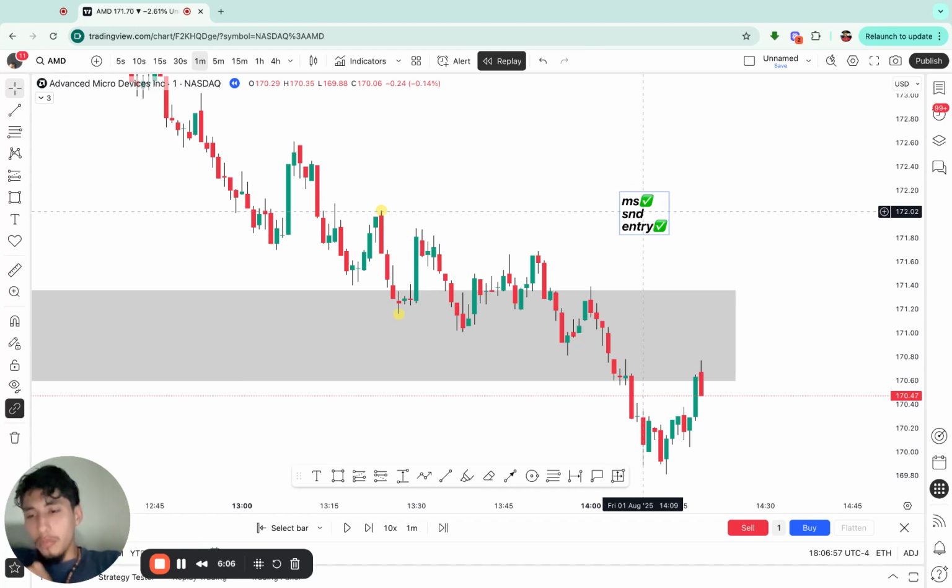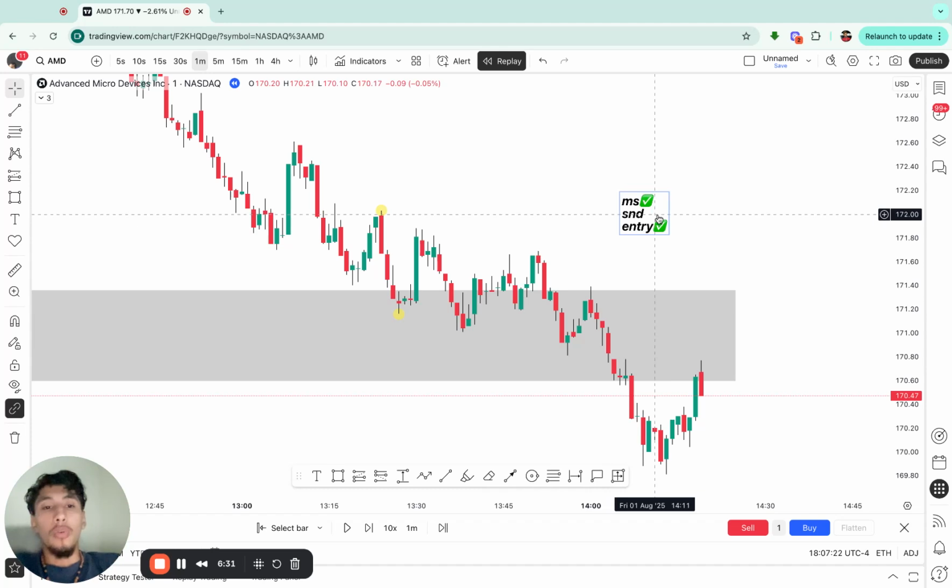I didn't take it. And this is a mistake that I probably would have made in the past, because I didn't have these three things memorized, which is market structure, supply and demand zone, and entry. So I would have been like, oh, you know what? I think we're gonna go. I would have just gone straight off willpower, or is that what you call it? I think so. I would have just gone straight off the dome, just from what I felt,